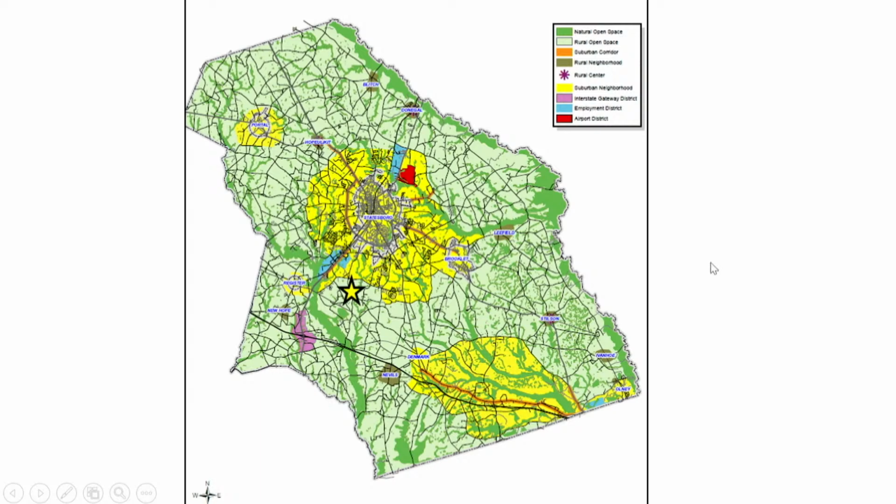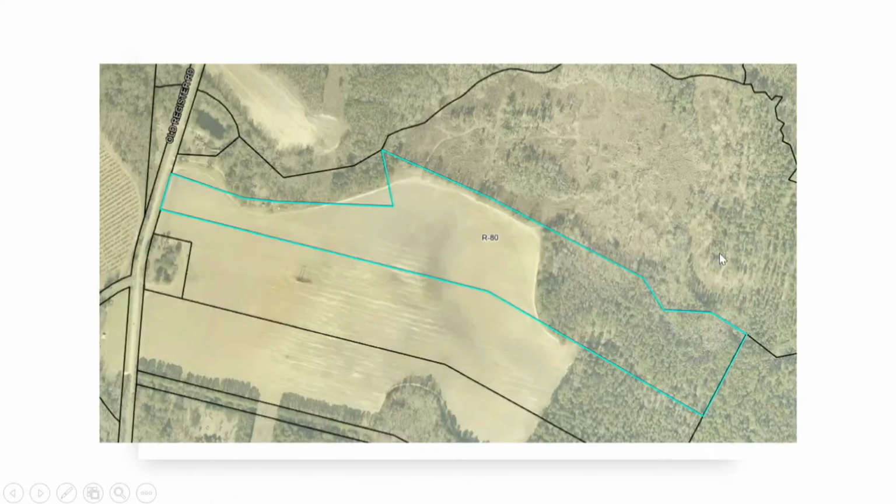This is the general location of the property. It's south of Statesboro, again on Old Register Road. This is the property as shown with the zoning map, zoning overlay. Nearby zoning is R80. Present use for the property is agricultural use, and it's our understanding from the application that the applicant intends to place a single-family residence towards the back, the east side of the property.